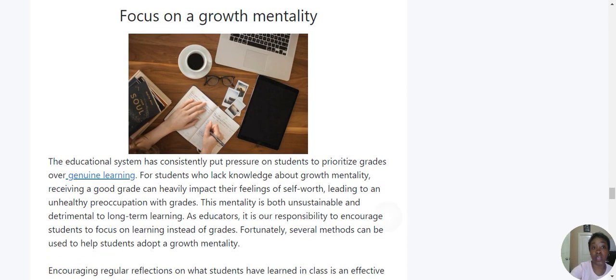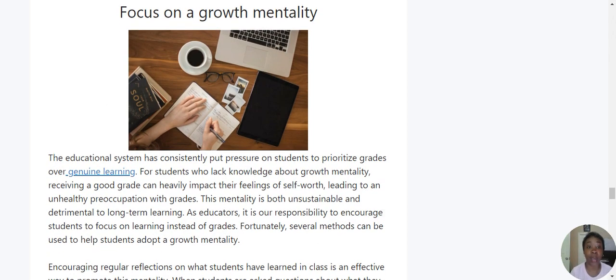And really, focusing on a growth mentality links back to the student centered teaching and things, but trying to foster just a love of learning and not being so heavy on those grades, because especially at the high school level, that's what students default to. Everything is, is this a grade? Is this a grade? What grade can I get? What can this bring me down to? What can this lift me up to?